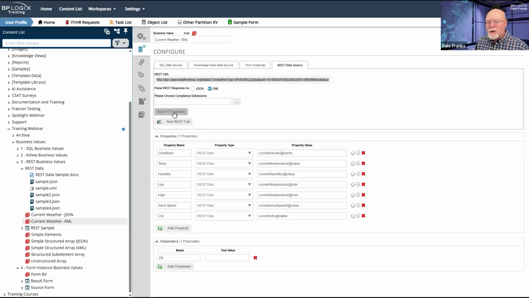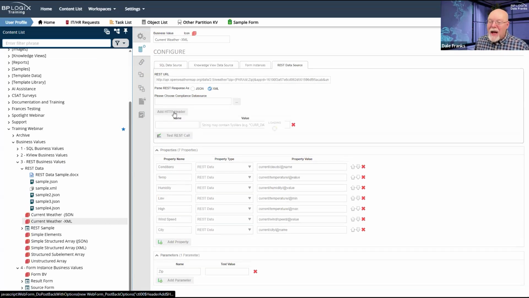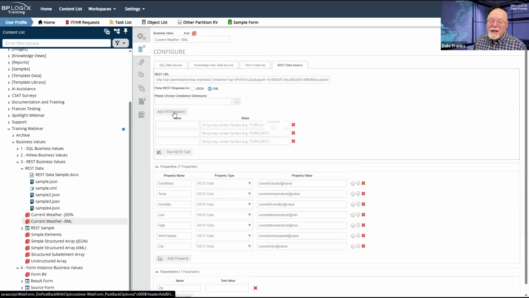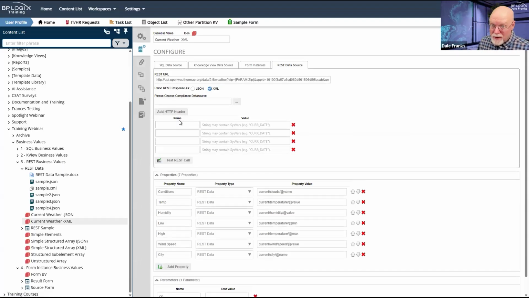However, there's also a third way, and that would be using HTTP headers. The URL would just be that, and I would have to be able to pass zip and units.